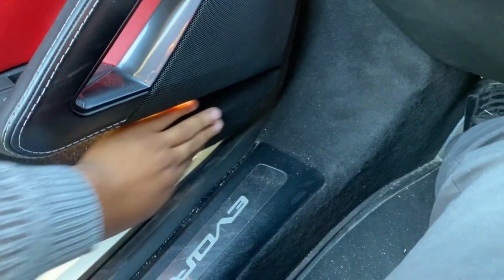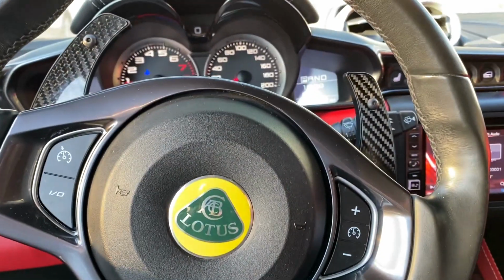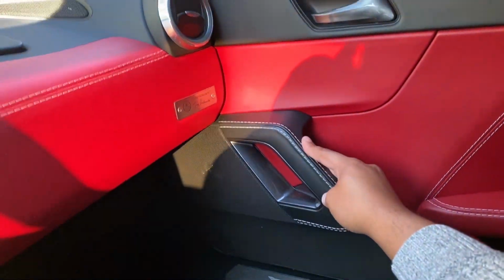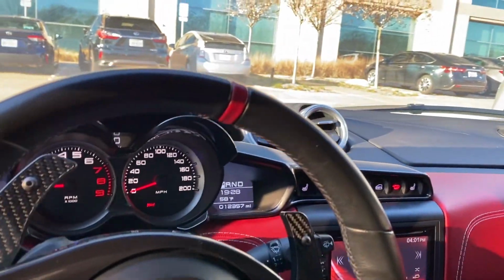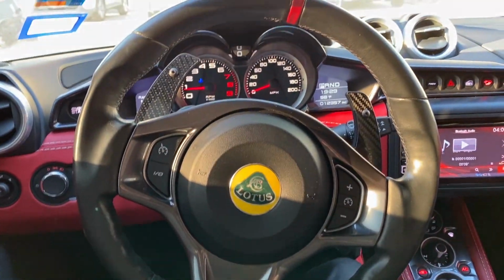Get this rewrapped in Alcantara, as well as this and this over here. And then maybe also my handles in Alcantara. And then I want an Alcantara steering wheel that's overall the same wheel, but in Alcantara. So I know that's kind of random, but I was talking about mods on the Supra, and as I was